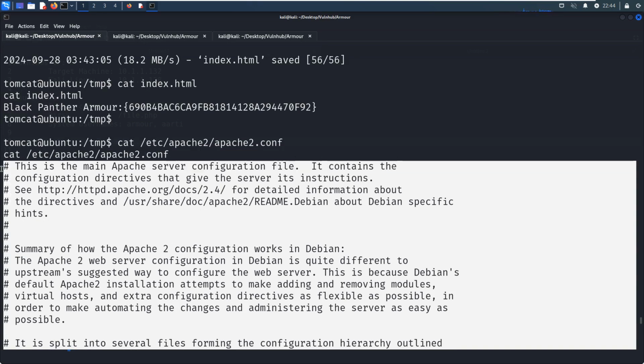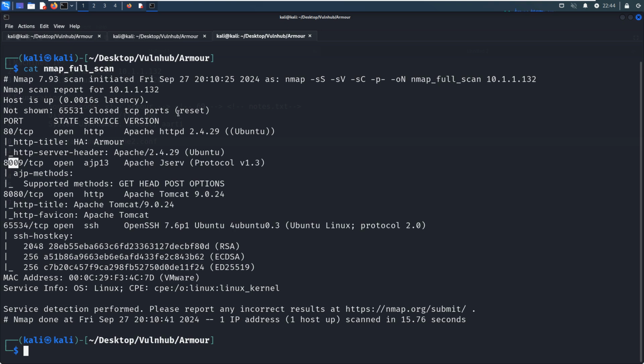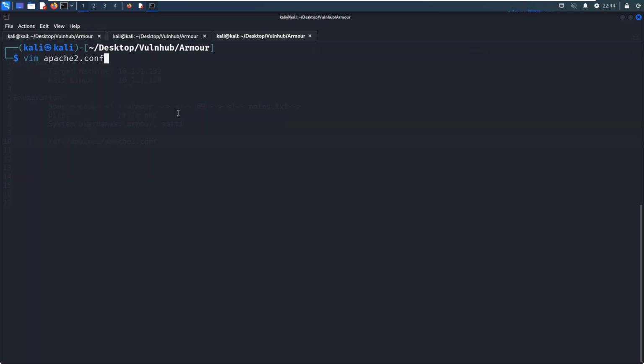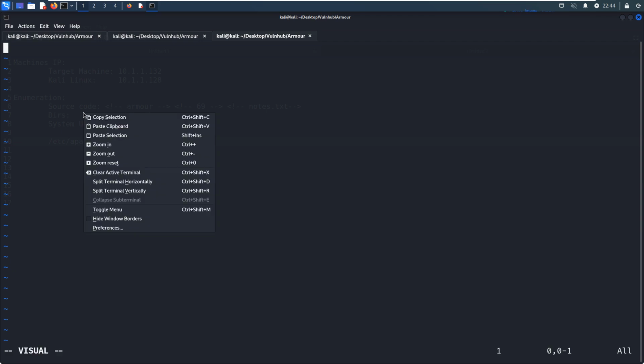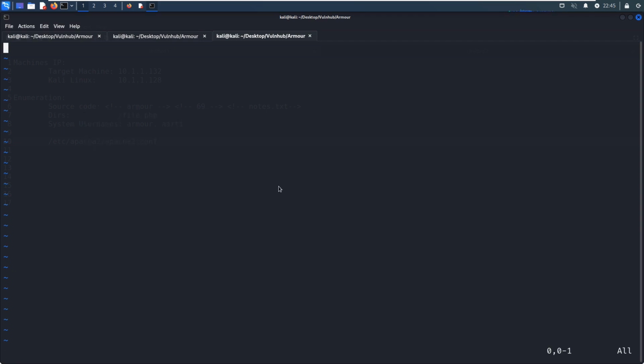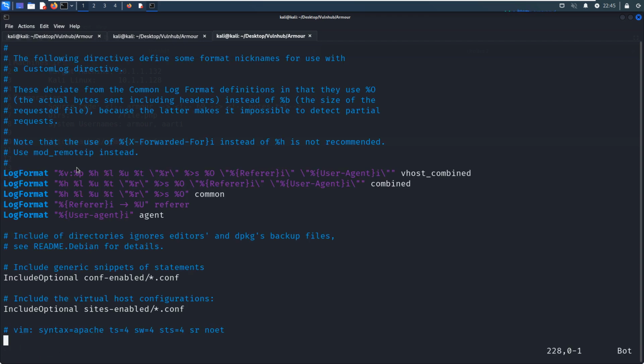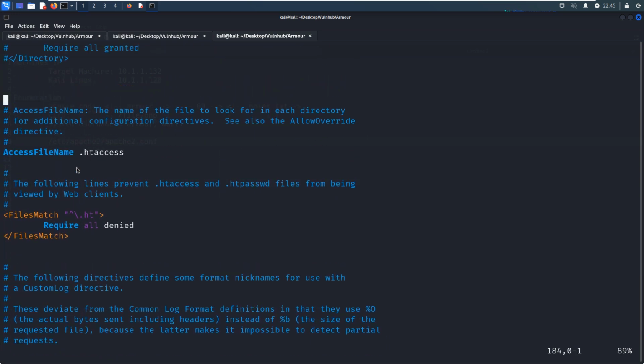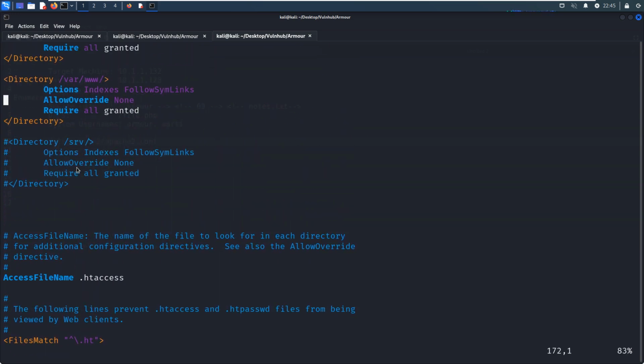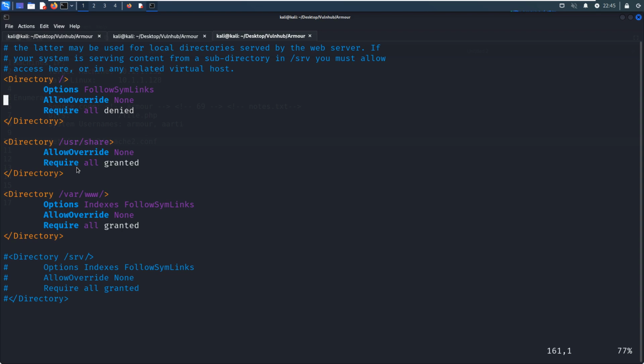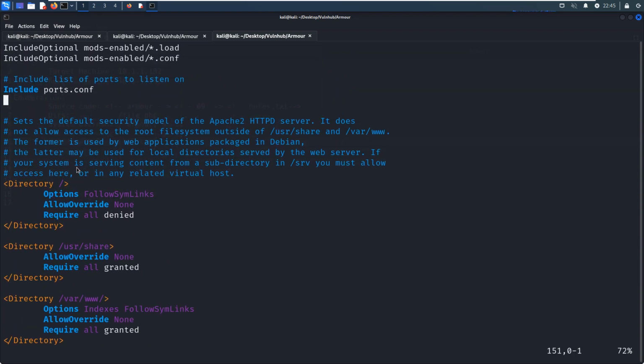And Apache 2. Paste in here, and we can add the user to run this application, or run Apache 2.